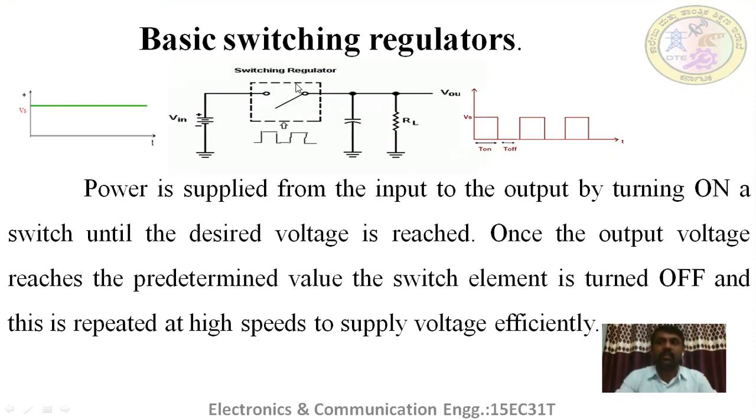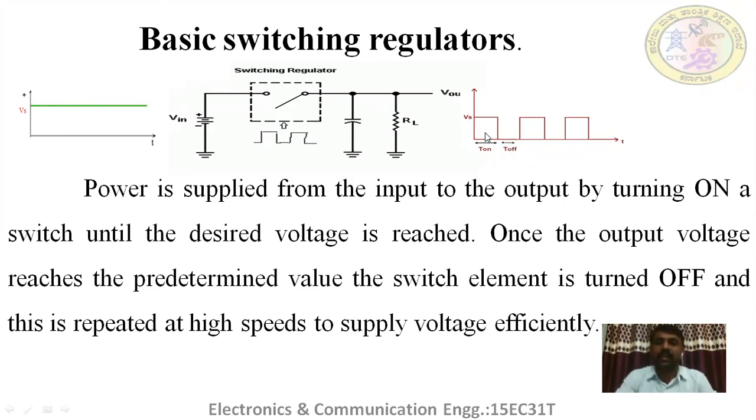Here, the switch is closed for the on period of the clock and opens for the off period. When the switch is closed, the input appears at the output. This is the output available when the switch is on. And when the switch is off, the input is disconnected from the load. This is the zero voltage at the output. This is the on period voltage at the output, and this is the off period voltage. So when the switch is on, the magnitude of the output voltage is equal to the magnitude of the input. When the switch is off, the output is 0 volts.